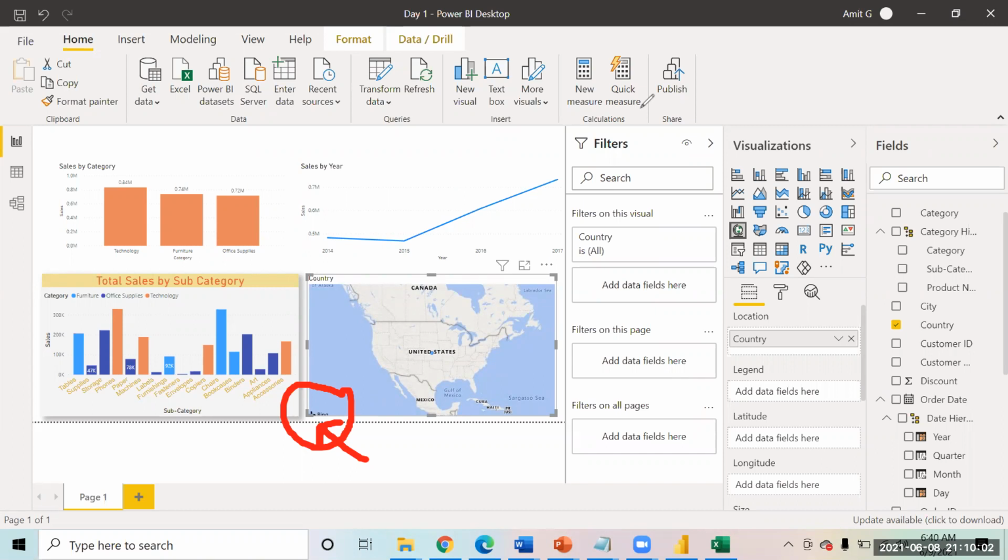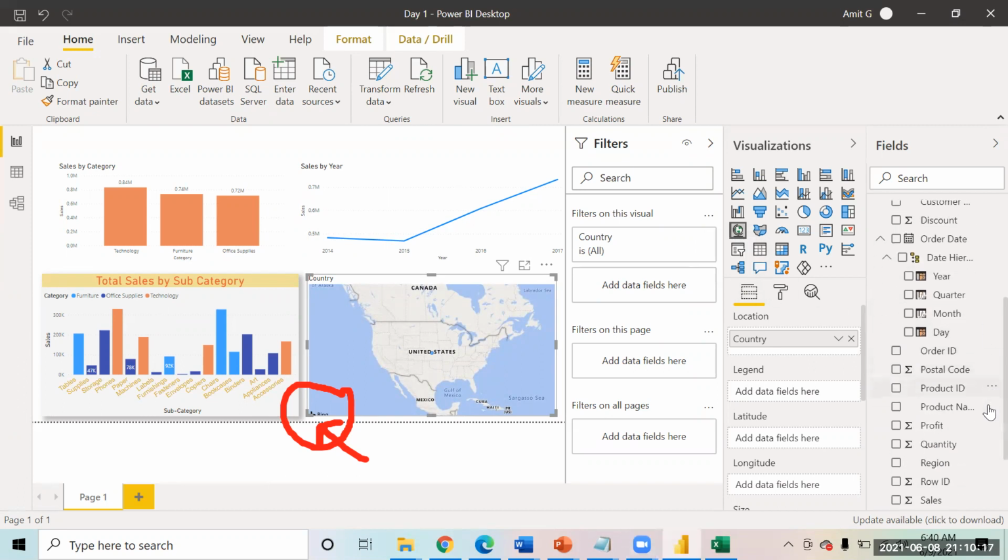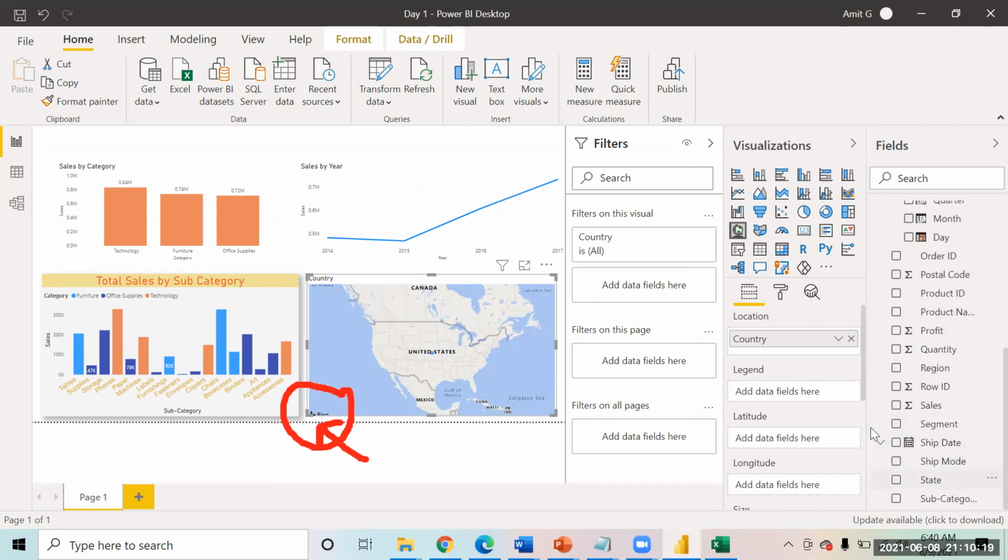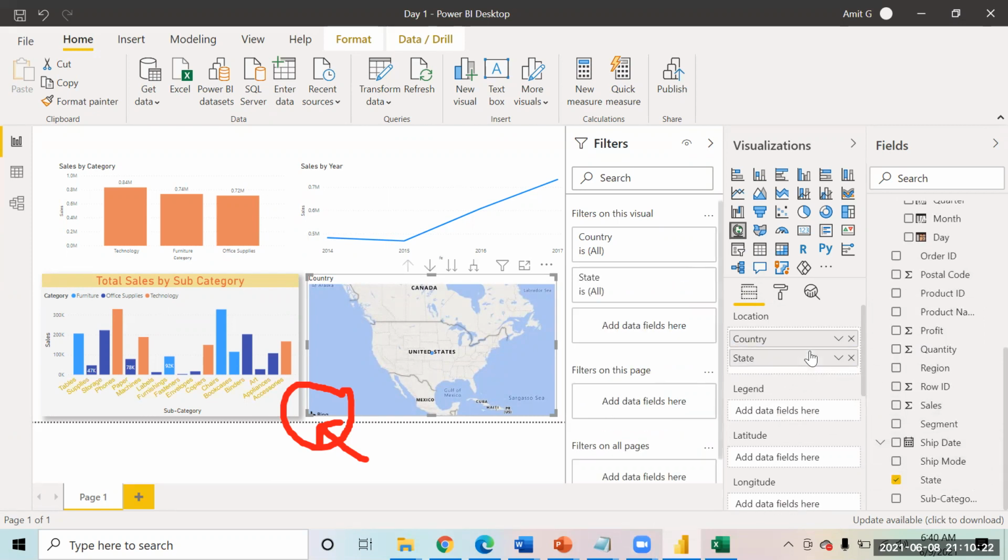Okay. Now, I have the one country which I can see. You all would have dragged the hierarchy. What I can do is pick up the state and put it over here. If I put the state in the location only, you will see there is a hierarchy again. So without creating a hierarchy, I am developing a hierarchy in my chart. I'm saying first country, then state. So I can make the hierarchy like this also.